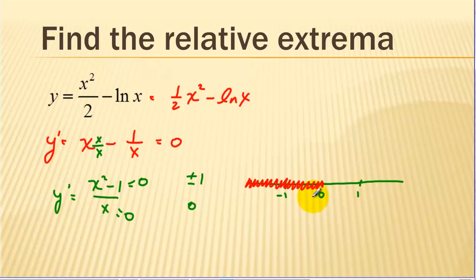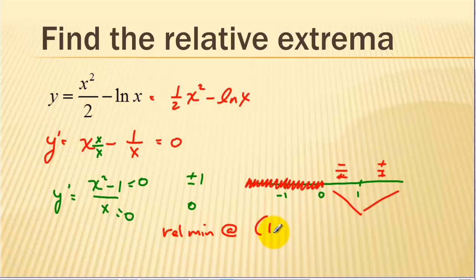So if we put, say, 0.5 into here, we're going to have negative on the top and negative on the bottom. I'm sorry, we'll have positive on the bottom because we're putting in positive 0.5. So we have a decreasing. And if I put a big number in here, we're going to have positive over positive. So we have a relative min